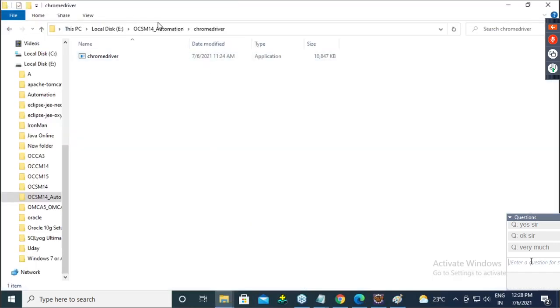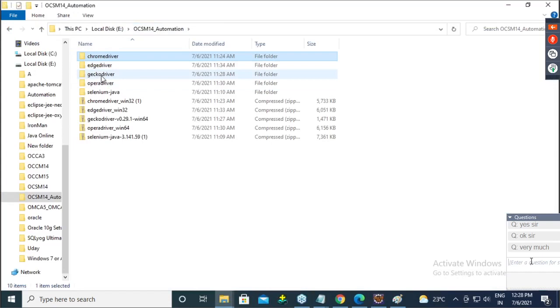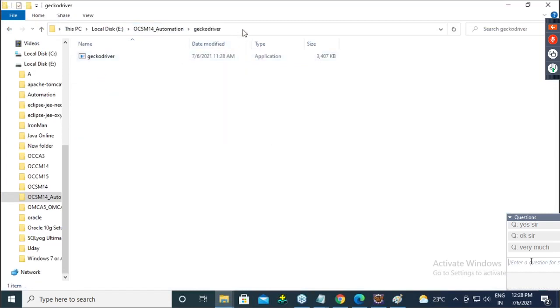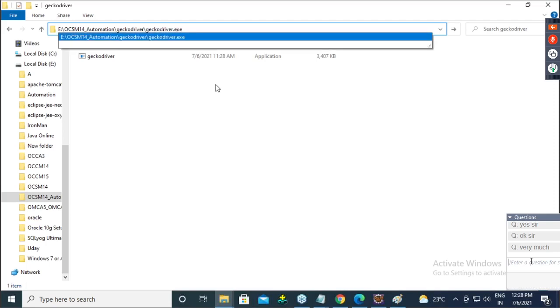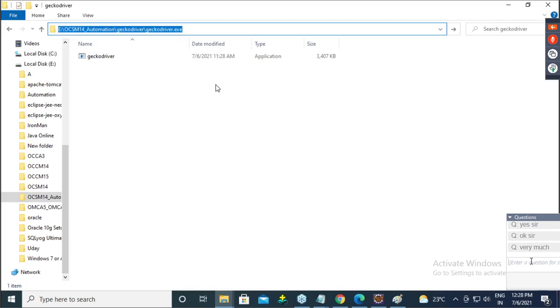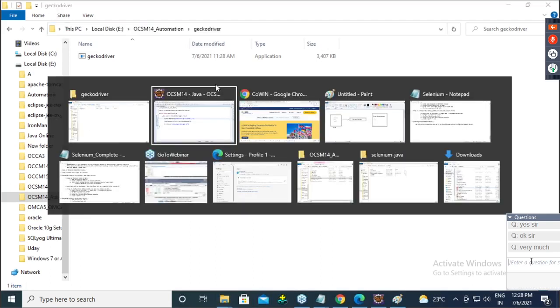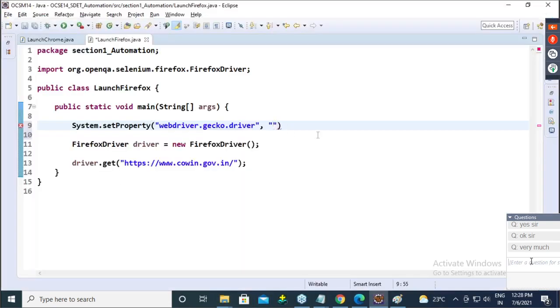The value is: go here, go to the gecko driver, go to this folder, slash, see, get the geckodriver.exe path. Copy this path, come here, paste. Here you have to give double slash.